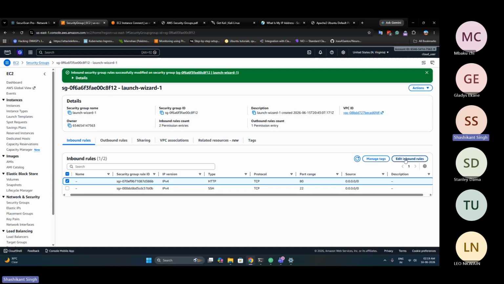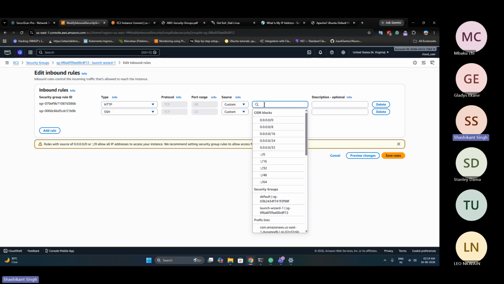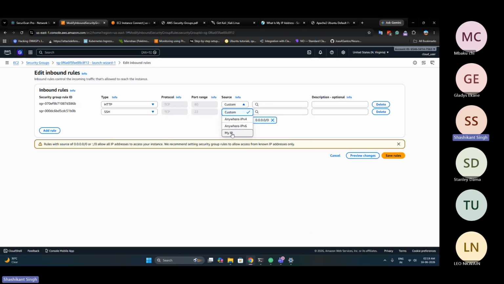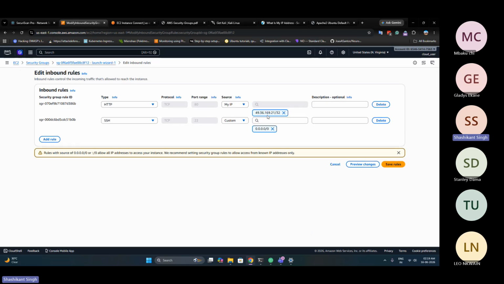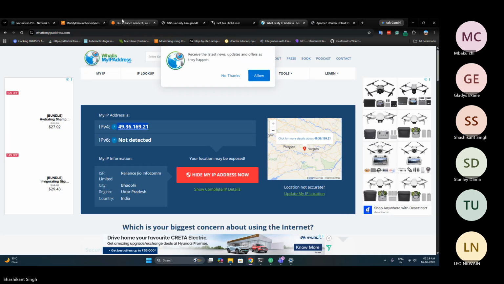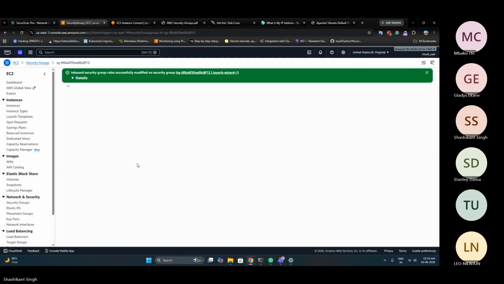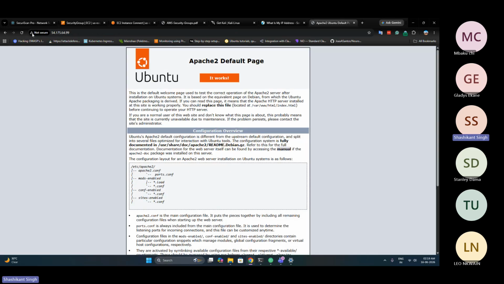What if I again go to edit and I change this IP? I change this to my IP. There's an option here, My IP. This is my public IP, 49.36.169.21. If I check, there it is. See, this is my IP. It can detect it, right? Now, if I save this rule and I go here and refresh,